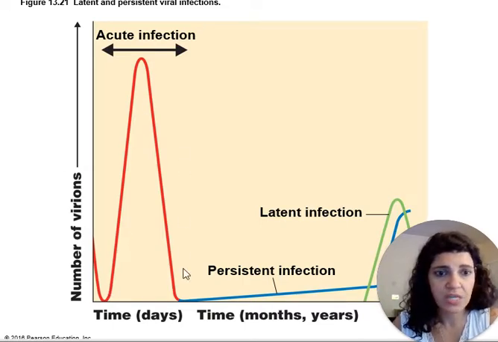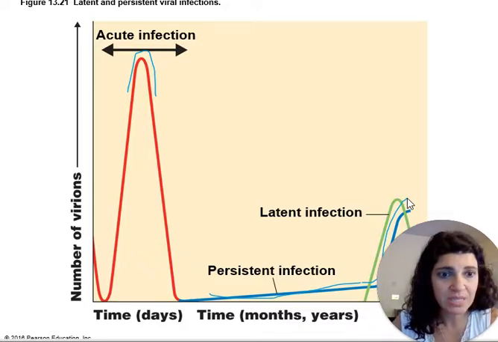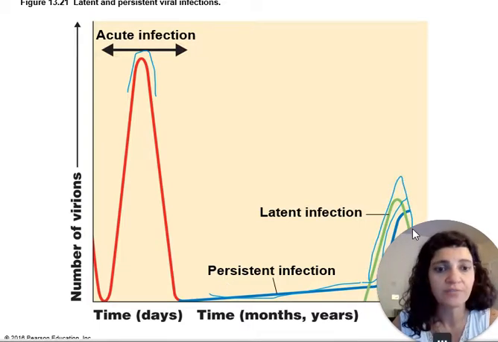So acute infection, for example, flu, right? The influenza virus is going to cause an acute infection like this. Persistent virus, good example, HIV. It persists, it's not very visible for very long, but one day you can see the number of virions increasing and more symptoms appearing. In a latent infection, the virus was there all the time, but one day it gets reactivated,